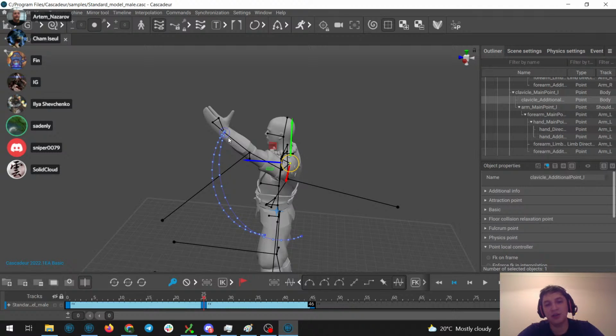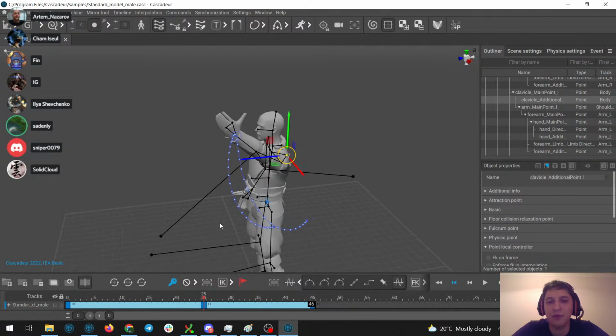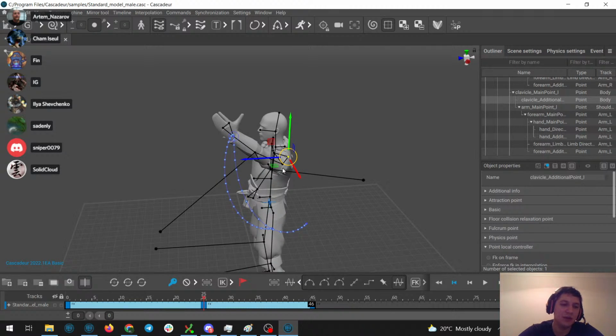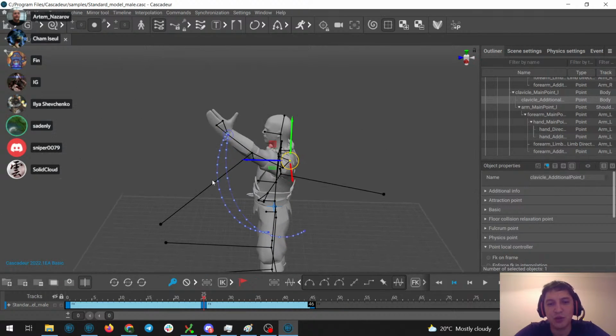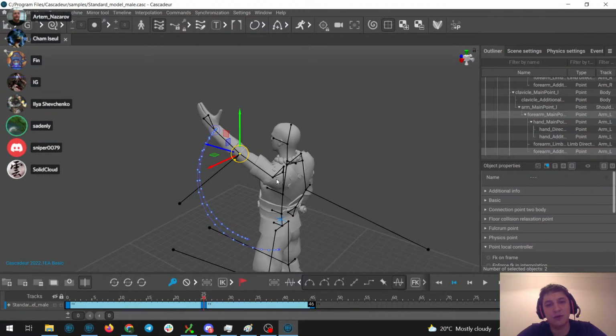So as in IK, we don't want the rotations of the parents to affect the trajectory, at least to affect it very much. And as in FK, we want the trajectories to be curves that are basically not bending the arm, and ideally we don't want any shootings in the arm to appear.